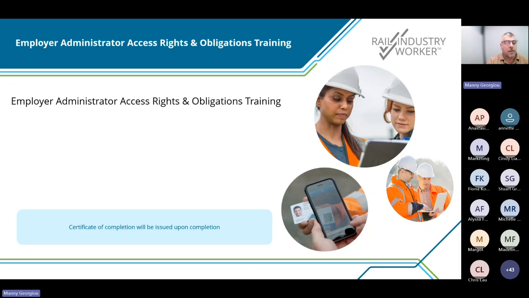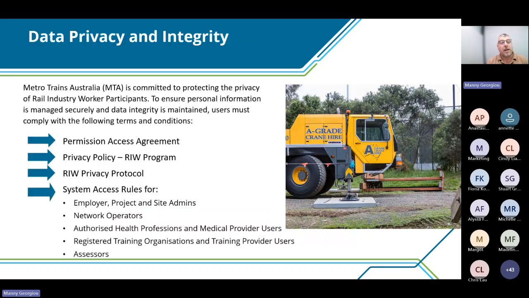Alrighty. Now the rest of today we're going to have a discussion around the data privacy and integrity of the RIW system. And one of the reasons why we decided to, again, run the COP around this issue,